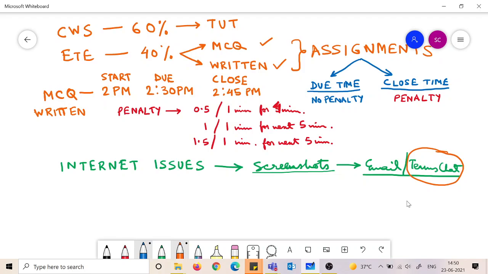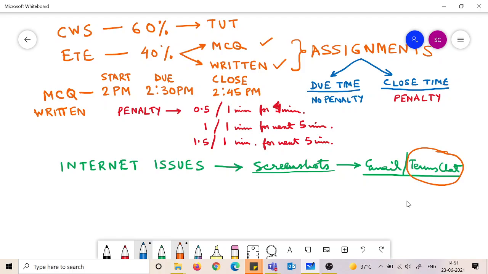So this is what I wanted to say. Also please keep in mind, if you send by email and Teams chat, this time will also get recorded, and similarly we will apply the penalty for the amount of delay you make in submitting by email and Teams chat. It is not that you send email and Teams chat and we will not give you any penalty. We will give you penalty even then, but considering the time when we receive that email or Teams chat.